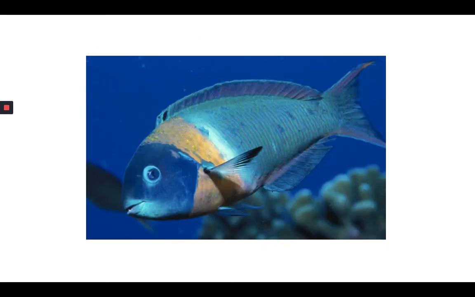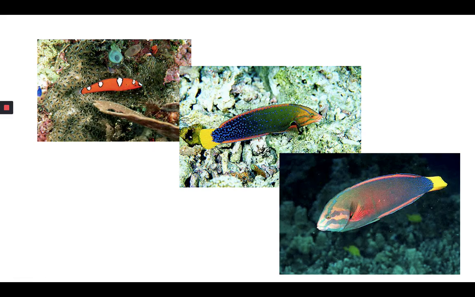Another color function is to let the other fish know whether they're a male or a female. And this is a male wrasse. It has this white right here. If it was a female, it wouldn't have the white. And in this one,